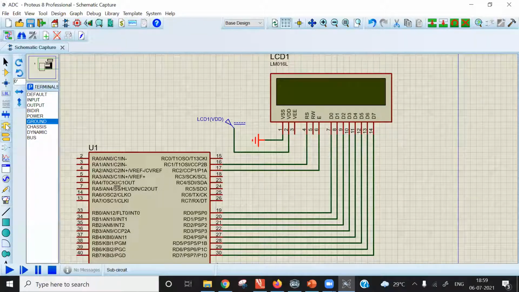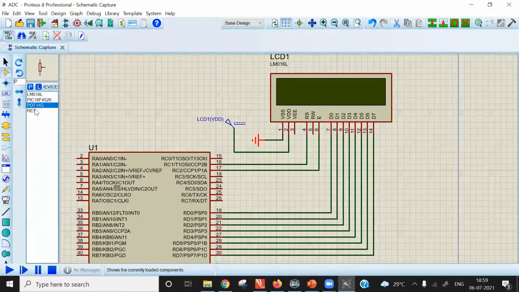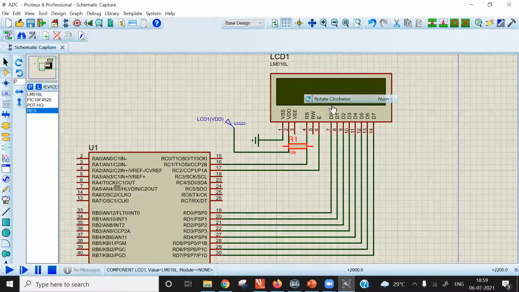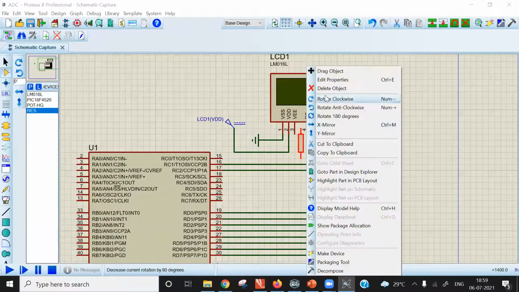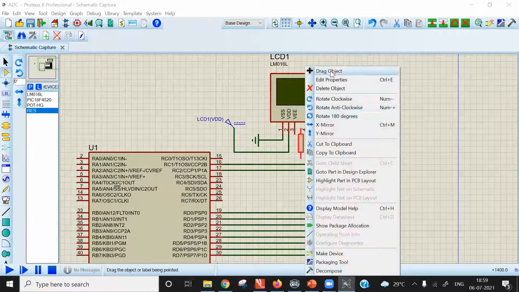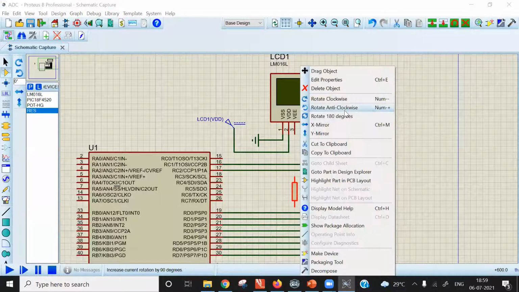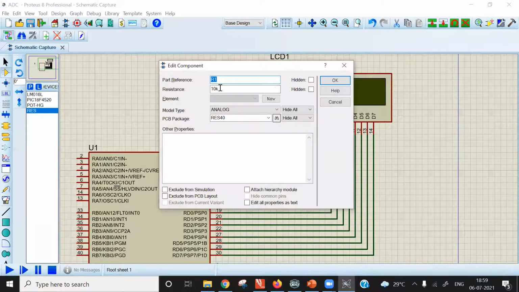Why do we have to put a resistor? I will tell you that. I will just make it vertical. Drag it. I will change this value to 2.2K.